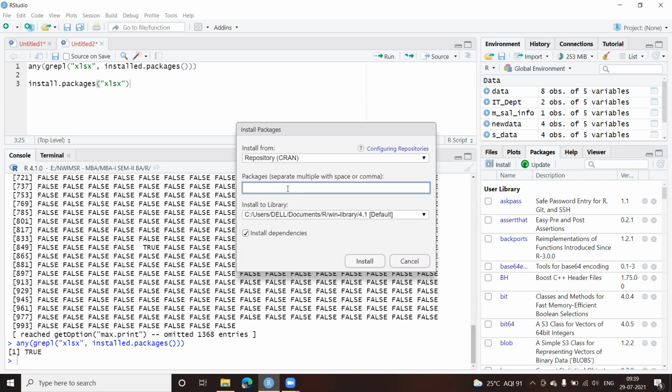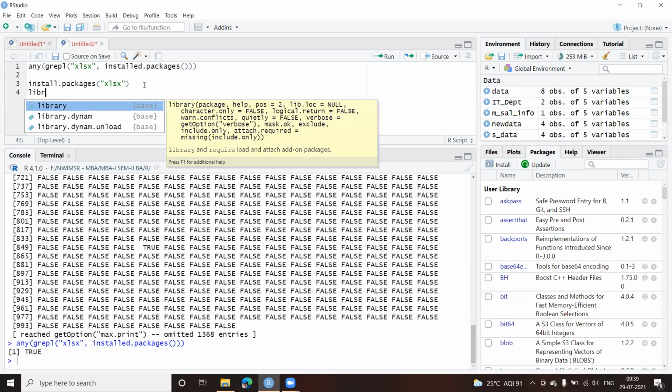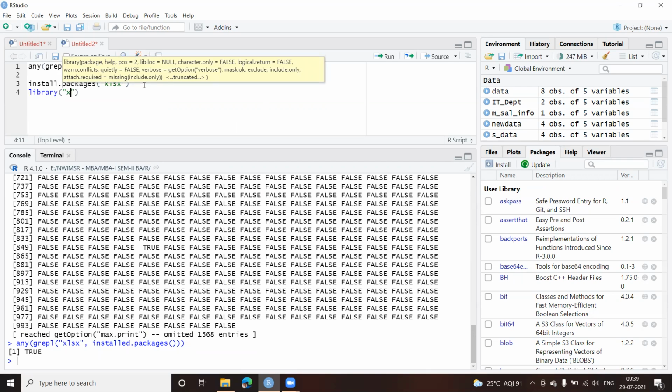After doing this, in some cases I was getting errors when I installed the Excel package, after which I tried to import it. How do I import this? I can just give library, in brackets, xlsx.